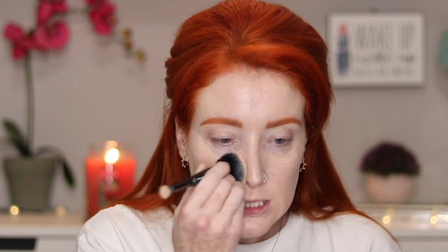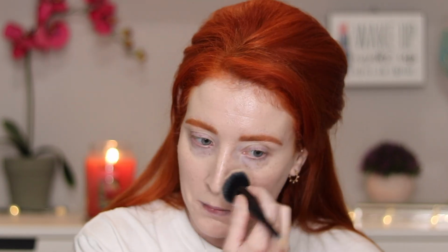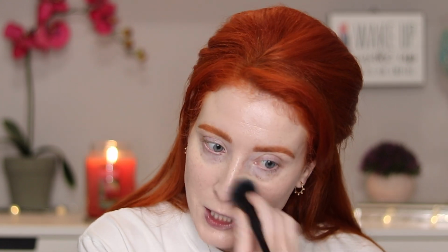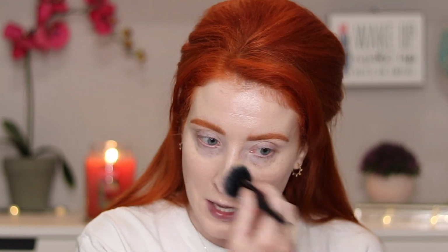But I feel like with CC creams, BB creams, tinted moisturizers, all those kind of products, they don't come out with a lot of shades because they're kind of skipping across the fact of calling it a foundation. So I feel like they think they can get away with less shades. This is just my theory, but I feel like it's more of a medium, definitely not a sheer,